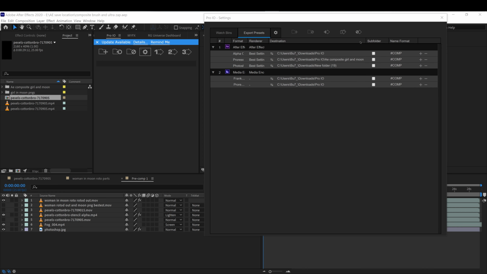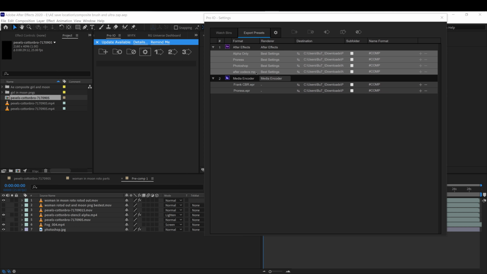and if you want to add another preset to After Effects, just click here on the plus sign, it'll pull it up. Let's say you want to choose this, BG render, choose the location you want to save it to. You can save it as a hashtag, and next time I will pull up that. If you want to delete it, just click on the minus